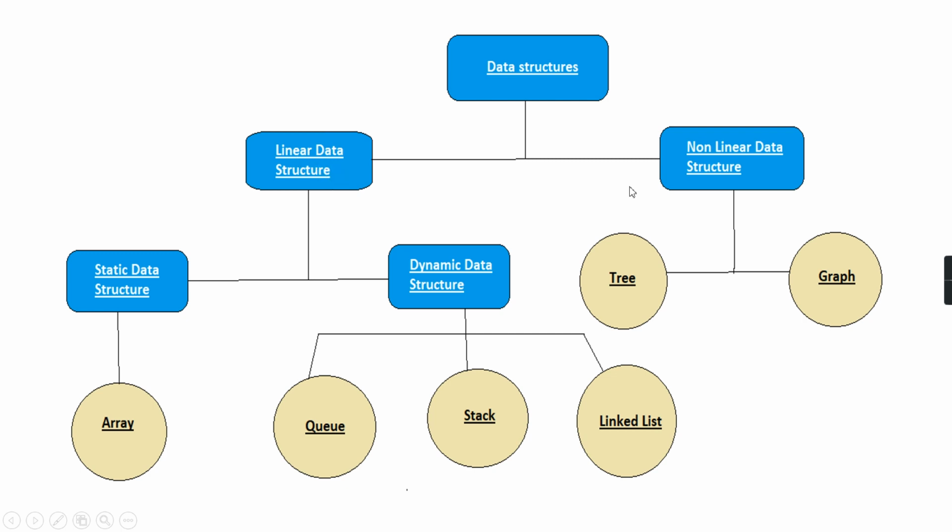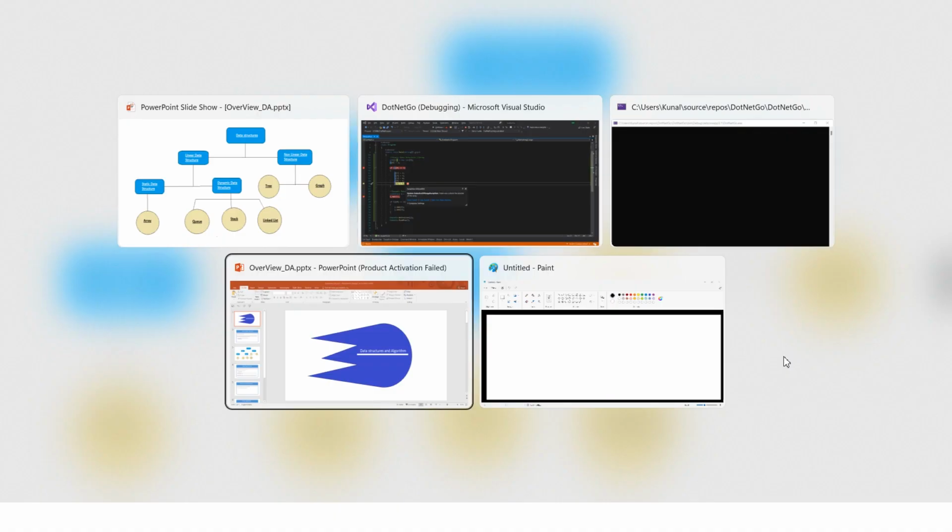But when you are using a non-linear data structure like a tree or graph, you cannot reach all the elements in a single run. If you want to understand this in a visual manner,